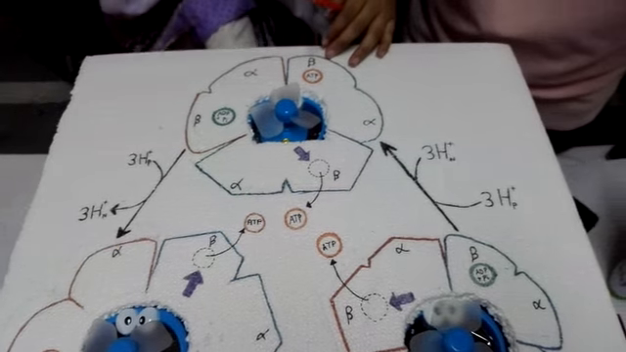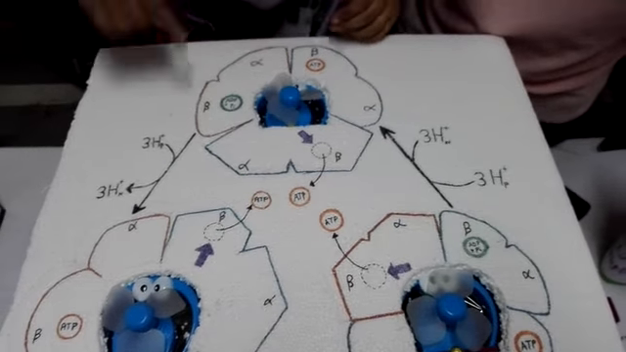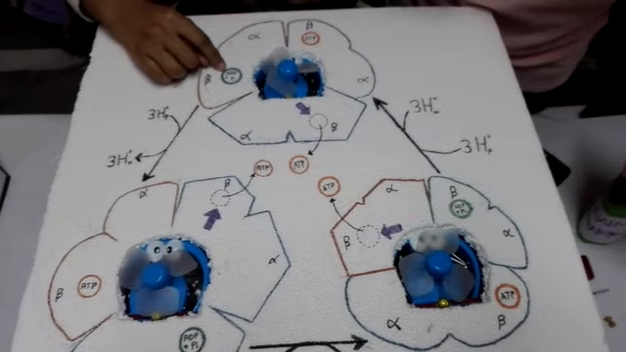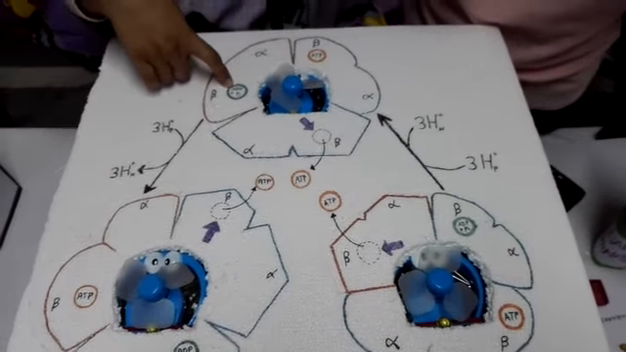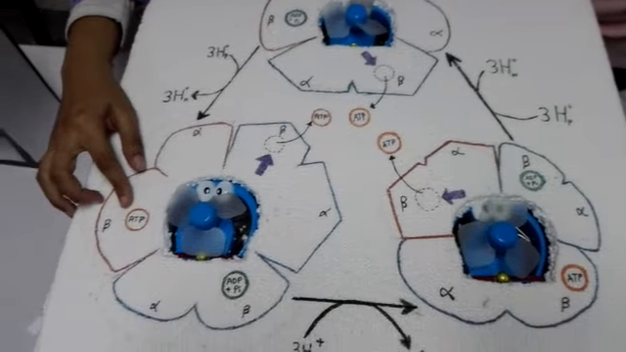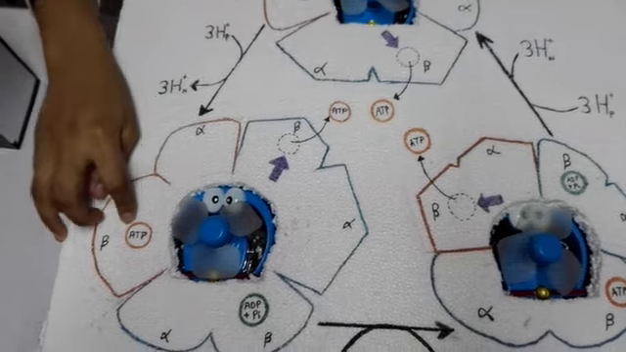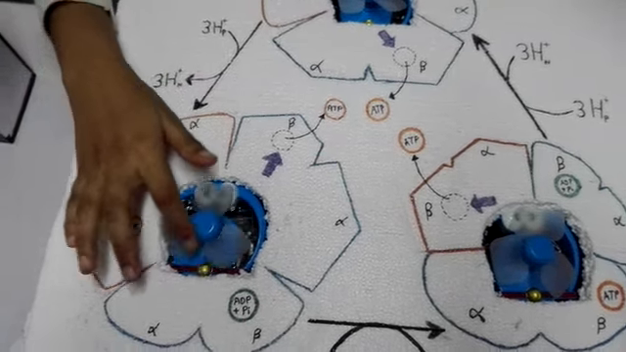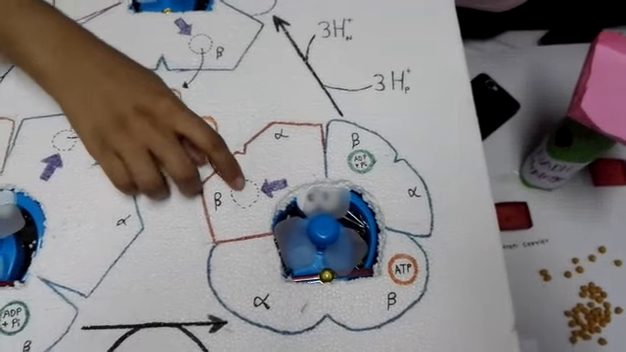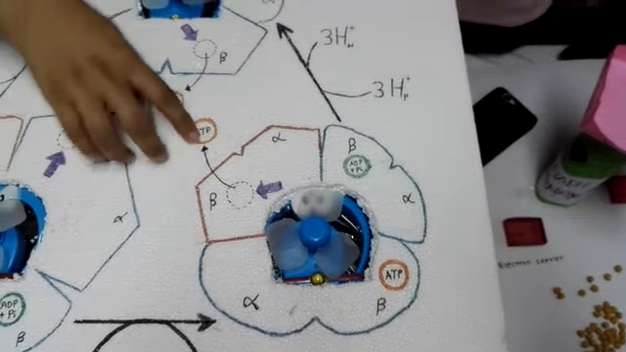Here, because of the rotation of the central shaft, the beta changes into three conformations. First, it is beta ADP plus Pi, which is a loose binding site for ATP. When this rotates, it forms beta ATP, which is a very high binding site for ATP. Again, when the central shaft rotates, it forms beta empty, which then releases the ATP from the surface into the